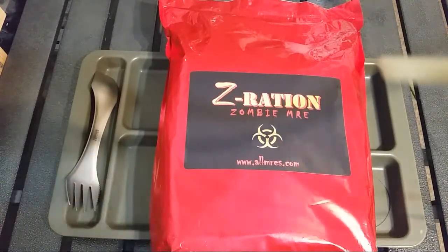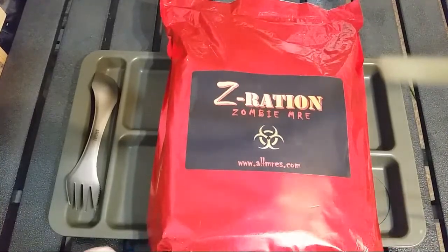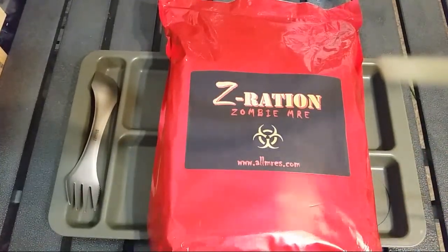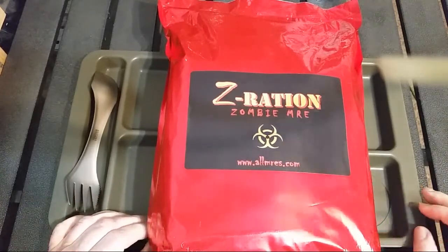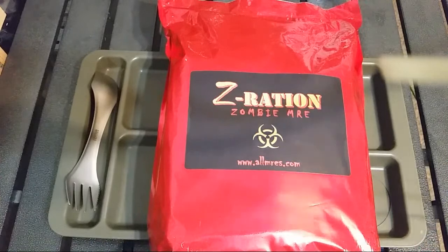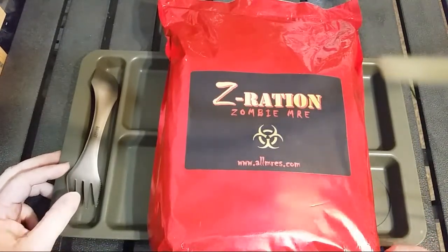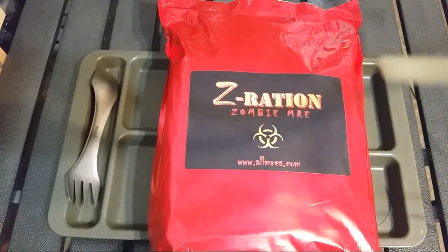It has been several months since I ordered this. I did not save the invoice, so I don't even remember what the choices were. So it's going to be like a surprise. But just in case I did have wet packed items, I put some water on the stove because I don't know if these come with an FRH or not. Plus, I'm going to be having a hot drink. I don't know what the drinks are in this, but in case there is no hot drink,